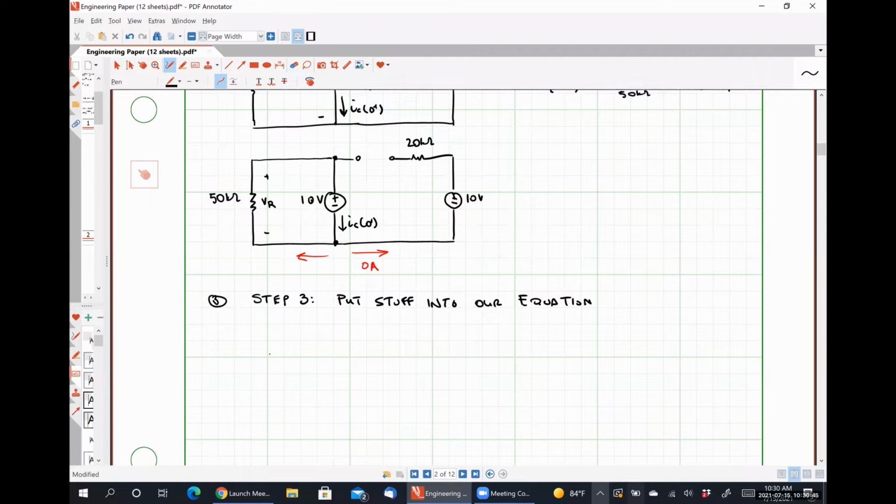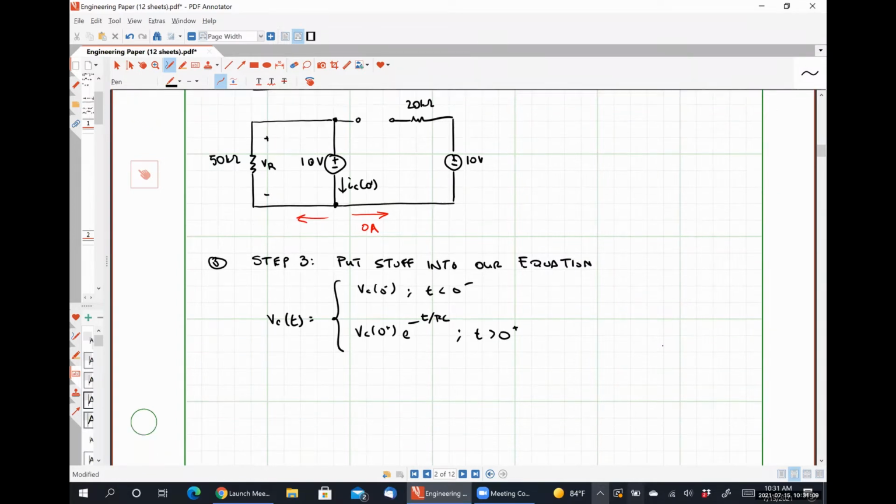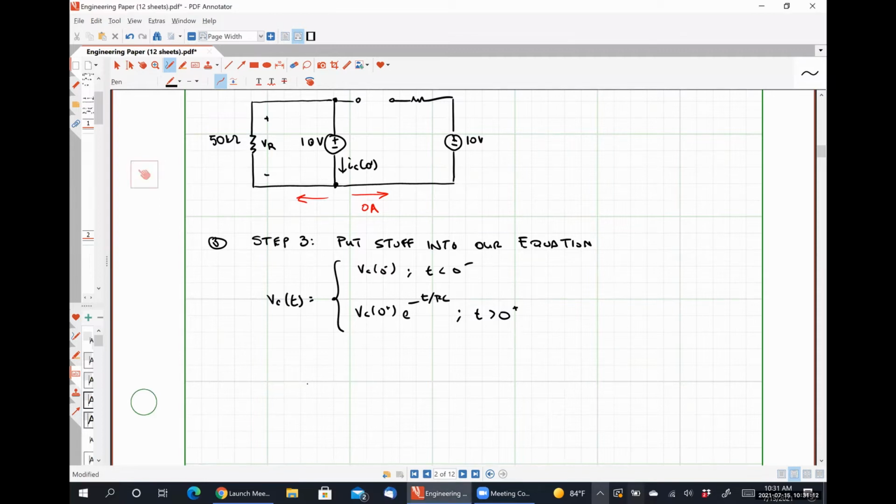So for our capacitor voltage, VC of t, we will have the general form VC at 0 minus for t less than 0 minus, and VC at 0 plus e to the minus t divided by RC for t greater than 0 plus. So to me, that's going to give us 10 volts for t less than 0 minus, and 10 e to the negative t divided by